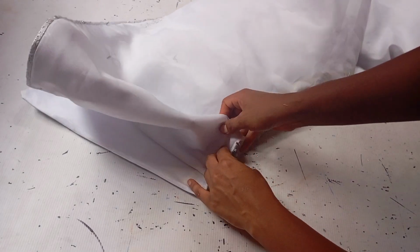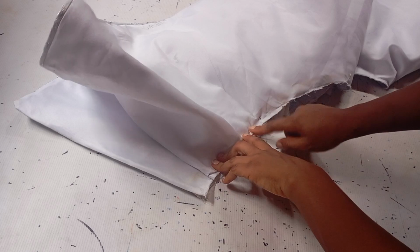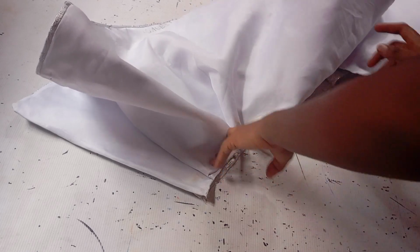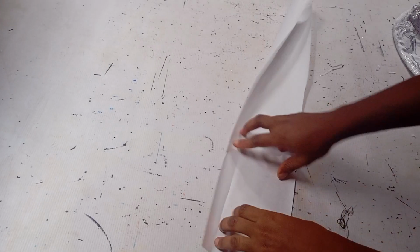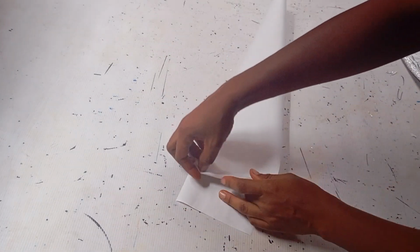I'm going to secure it with my pins. Then you move over to the next place where you want your pleats to be, and you repeat the same process. Let me get a paper and illustrate how to make pleats for you. Alright, so I believe with this paper you can see it better. So this is it. You go ahead and make a pleat this way,